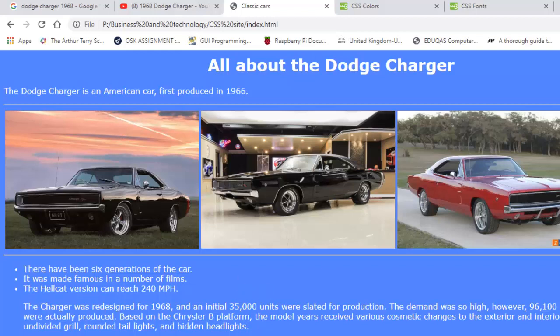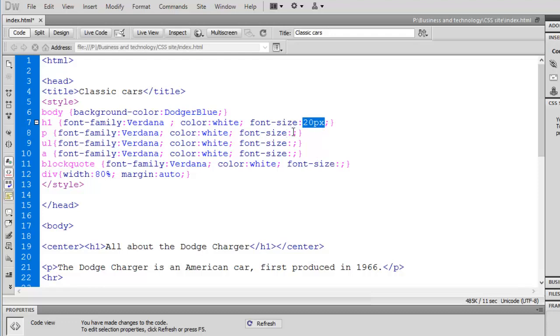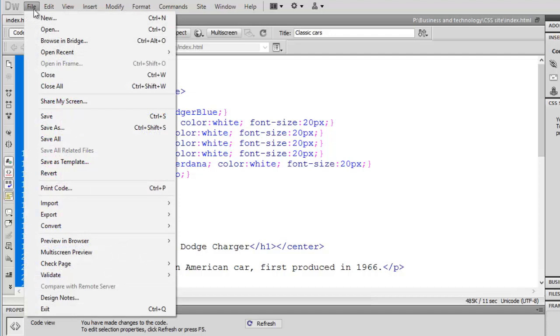Okay, so I've started to change things on here, but the other thing you can do is the font size. So if you wanted to change the font size, so if you said, okay, let's have 20 px, which is pixels. I might use a different, like a smaller one maybe. So maybe the block quote, I might change that, or I don't know. But I'm doing all the same, as you can see. And I hit file save,